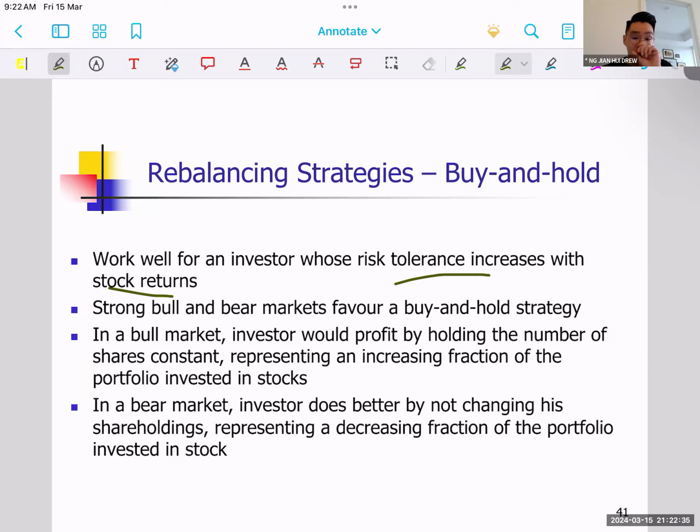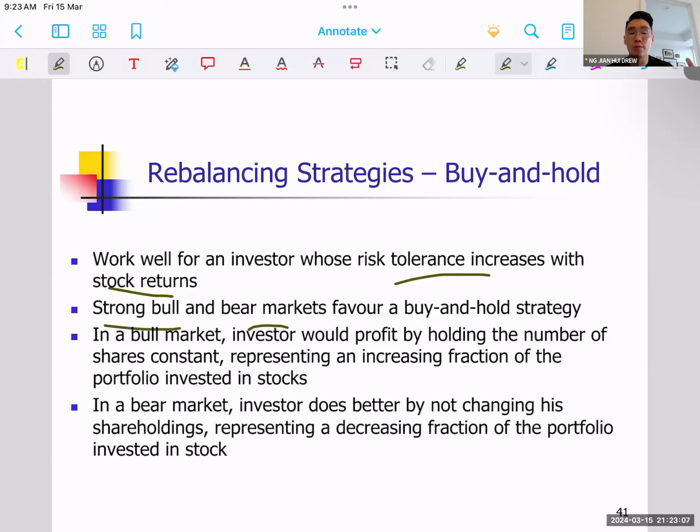simplest way to understand. If you want, you can actually Google and research more on multiple asset portfolio rebalancing strategy. So the basis is to understand the base fundamental rebalancing strategy, and then if you want to go deeper, you can research more on what if it's three assets, what if it's four asset classes, right? Okay, so a buy and hold strategy is quite good in a strong bull market,